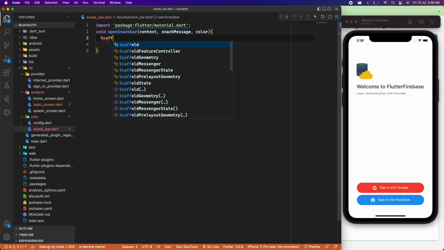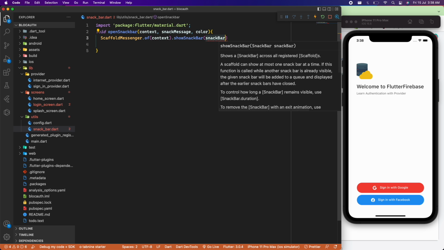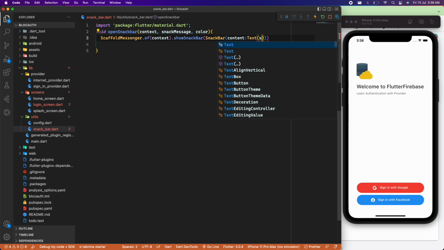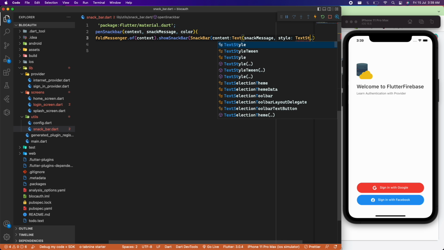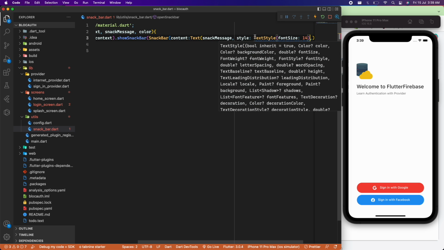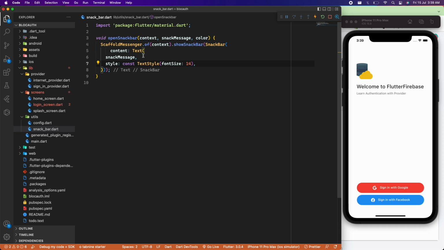So this will be ScaffoldMessenger.of(context), and then we will be showing a snack bar. This will be SnackBar. Content would be Text(snackMessage), and the text style can be, let's say, 14. Const value, I guess we got the content here. We can get the background color as this, and yeah, we don't need any on press,